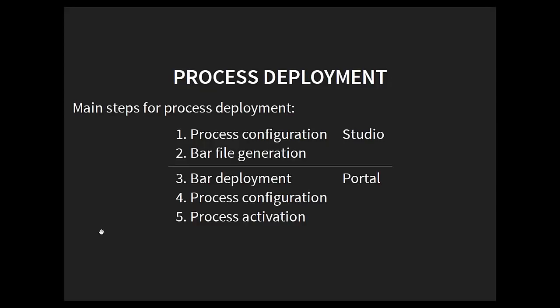So when you deal with process deployment, you will need to make sure you can build this artifact based on the definition, and this is what we call the bar file. So this Bonita archive is basically one process that has been built and that is stored into this bar file. This bar file can be generated directly from the studio, and you can see it as the compiled version of the definition.